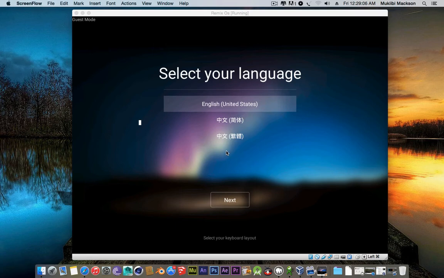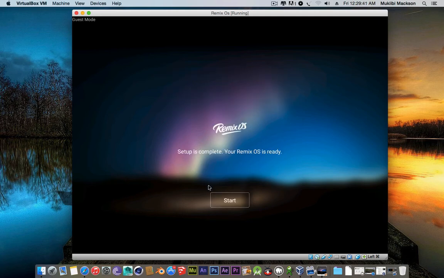I think I only see English and Chinese, so unless you're Chinese, you're gonna have to choose English and just click on this next button. Wait a minute, I have to put my trackpad. Okay, now just click next. If you didn't choose PS2, you will have to click and then drag for your mouse to move, and it will look like a touch instead of a trackpad, or instead of the mouse. So just click next. Make sure to choose PS2 mouse in your VirtualBox settings. Click next, and here just click start,